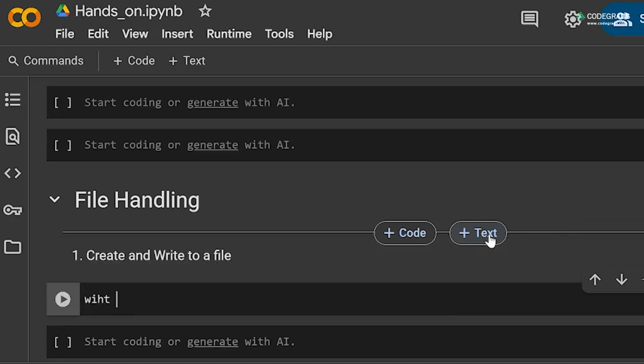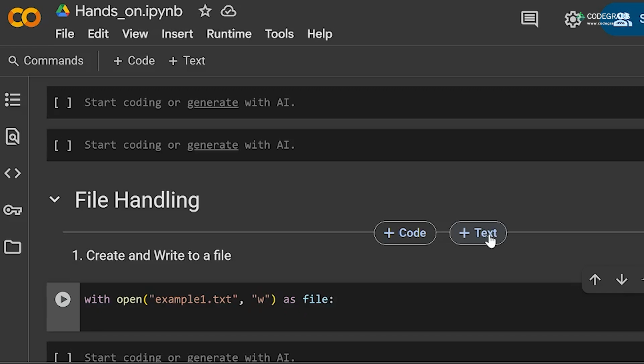So we have with open, suppose example one.txt, and we have to write some content in the txt file. So I will use w and I'll say as file. Okay. After that, I will type file.write,